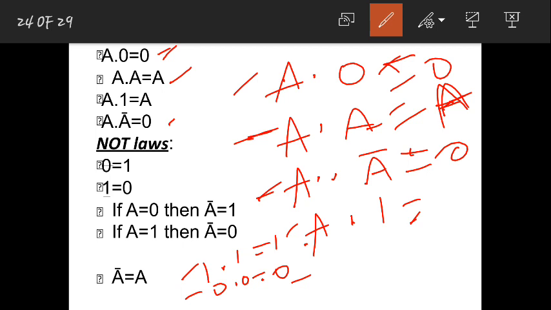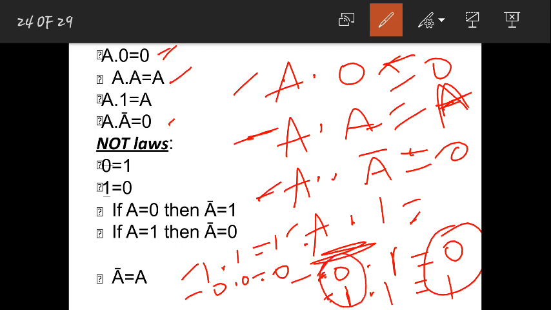Next we will talk about this. Now A and 1. A and 1 means, consider A is equal to 0, with 1 fixed here. Then you will get 0. If you take A is equal to 1, the result is 1 and 1 is 1. So whatever value you have taken for A, that itself is reflected. Is that fine? So A dot A, I mean A and A, you will always get A as your answer.